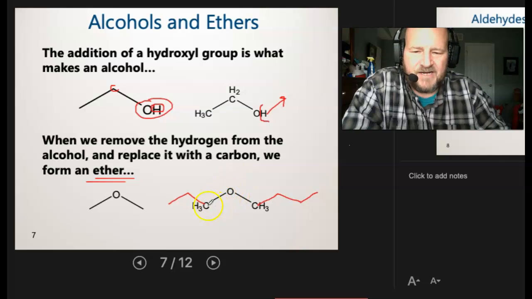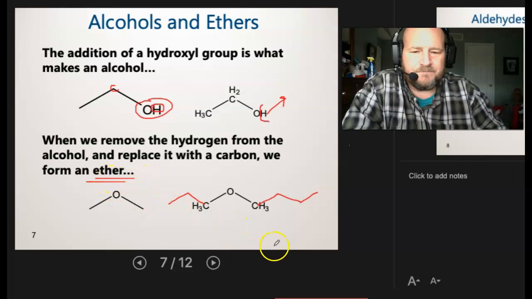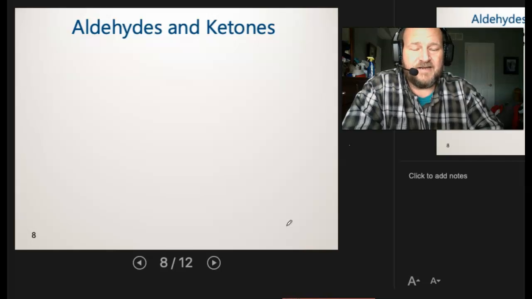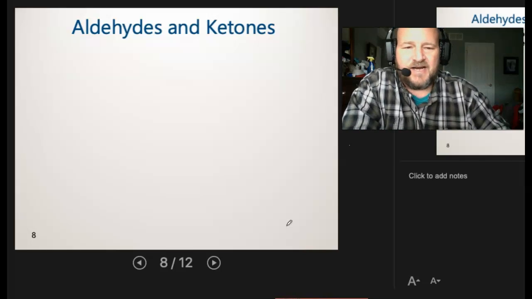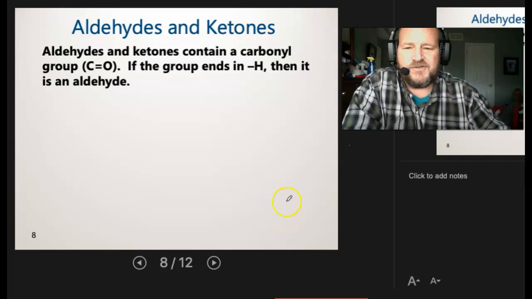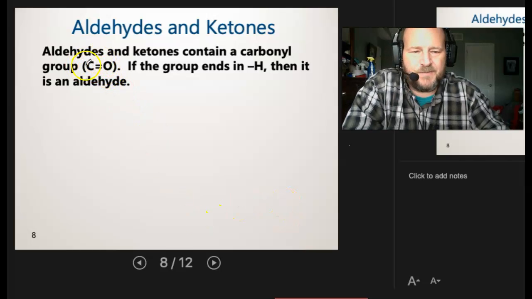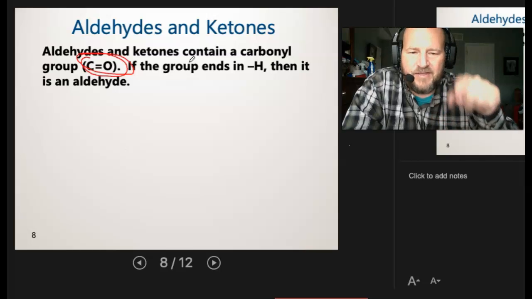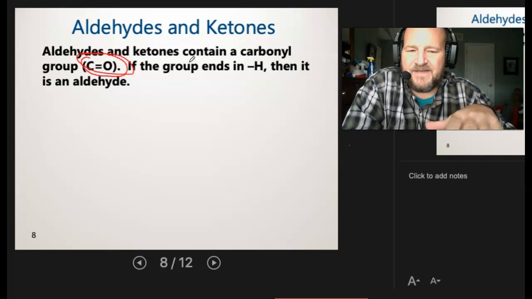The minute we have an oxygen carbon-carbon situation where we have two single bonds, that's going to be an ether. Now I got ready to say ketone, and that's because that's the next slide. So for ketones, aldehydes and ketones, I've already kind of told you you're going to have this carbonyl, the C double bond O. Now that carbonyl sticks out like a sore thumb whenever you're looking at structures. So when you see it, you can go down that list of 4, possibly 5 things that it could be.